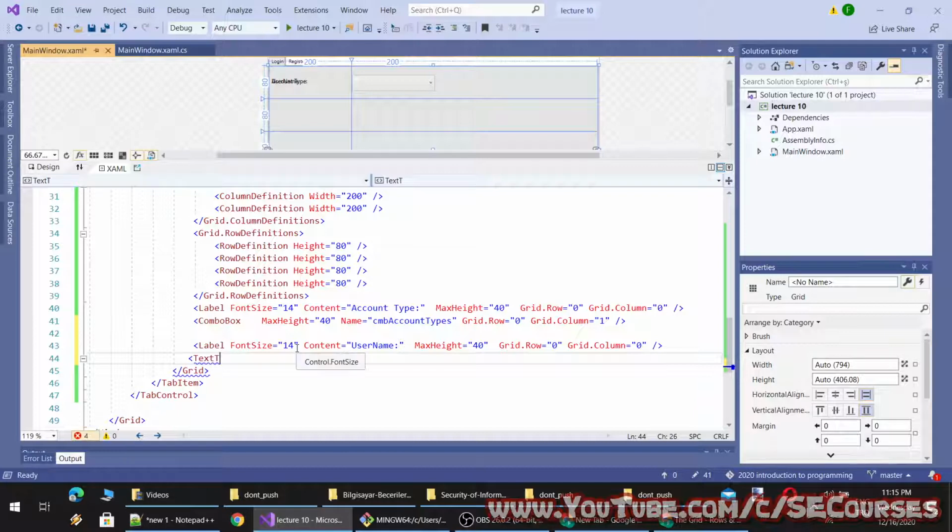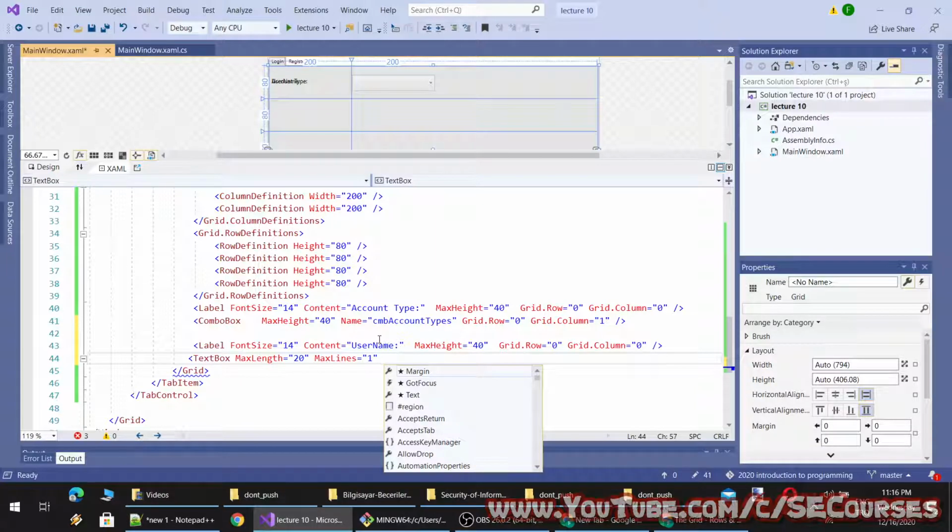Text box. Max length will be 20 characters, and max lines will be 1, because we can't have a multi-line username.